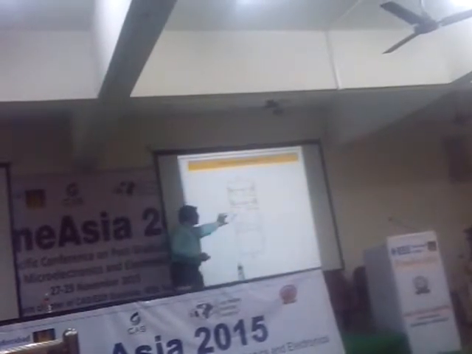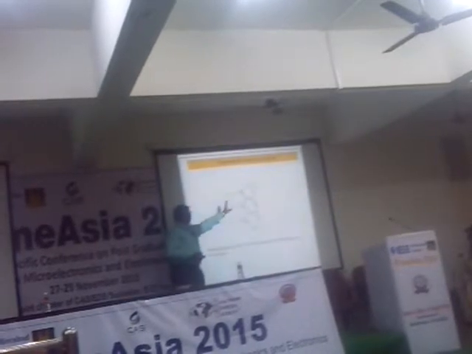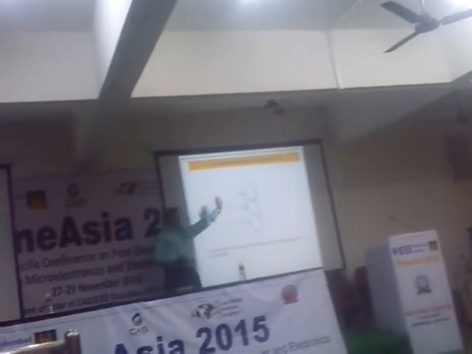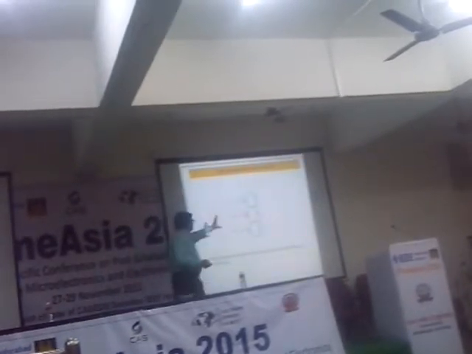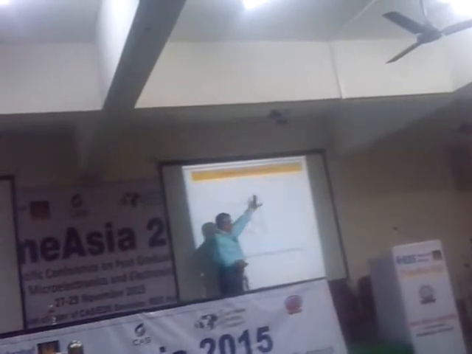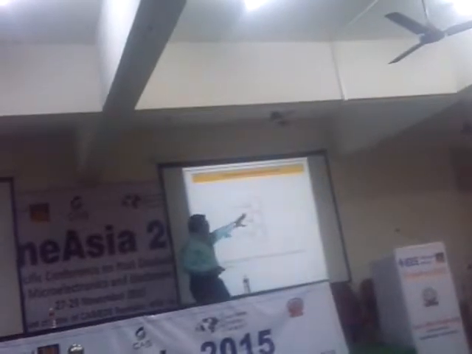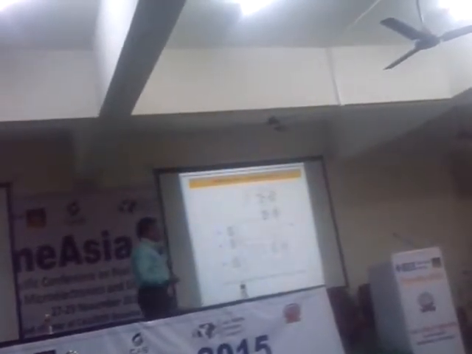This variable resistor, I will be using this circuit for varying my resistance. That means the resistor is in parallel with a MOSFET. If I want to change the resistance, I will just switch on the MOSFET so that the effective resistance will be these two values. This is the same old circuit which I have used in my previous paper. So this is the simulation I have done